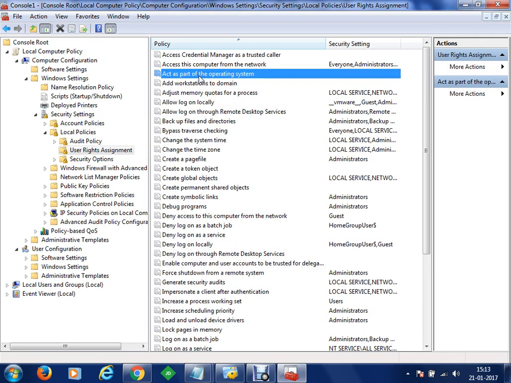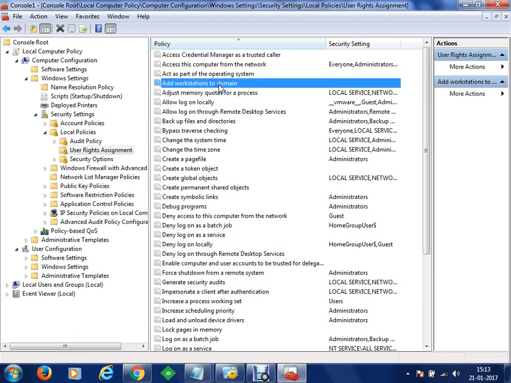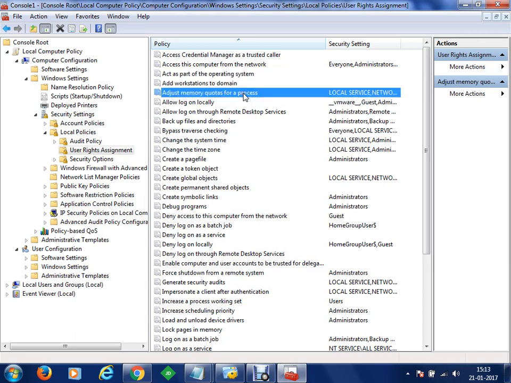Act as part of the operating system, add workstations to domain, adjust memory quota for a process. In case you want to deny memory quotas to a process, you can keep it limited, because sometimes a local account is running and somebody hacks your account, and after hacking the account, he executes something like a fork bomb to start all the processes and overrun the memory quota available, and your system will crash at that point.